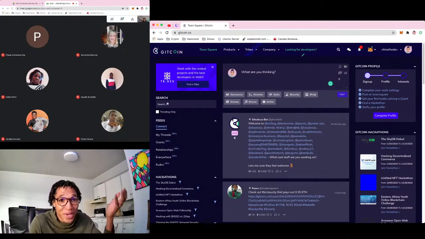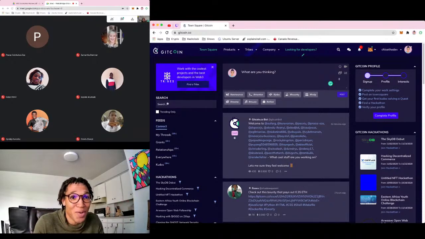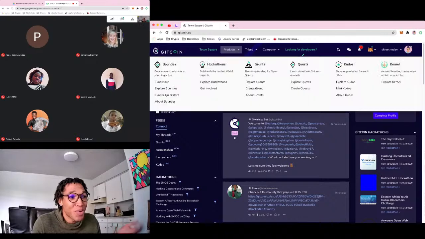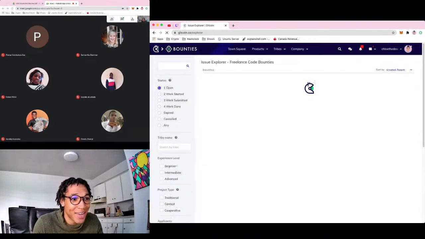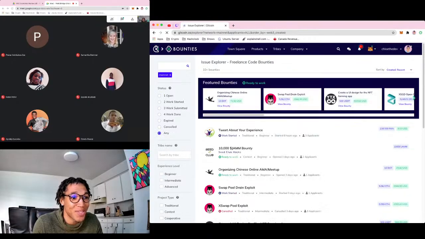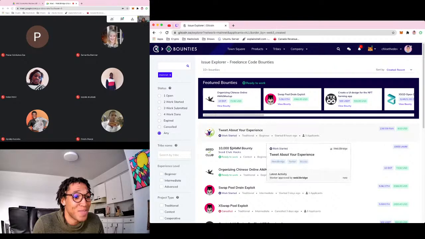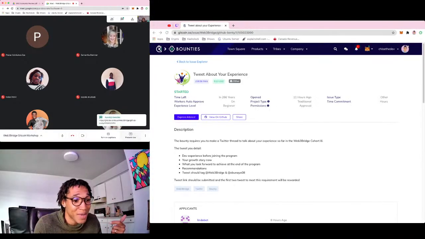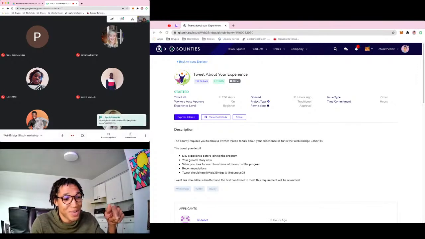So this will be the homepage. I'm already logged in. In the top right-hand corner, you can see I'm logged in. And when you go to products and you go to bounties, you're right here. And the very first bounty you see actually is the bounty for Web3Bridge. So if anyone has any questions about maybe they tried to set up, so yeah, there's the link right there